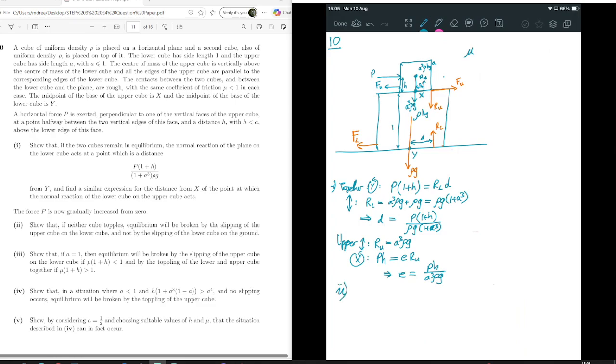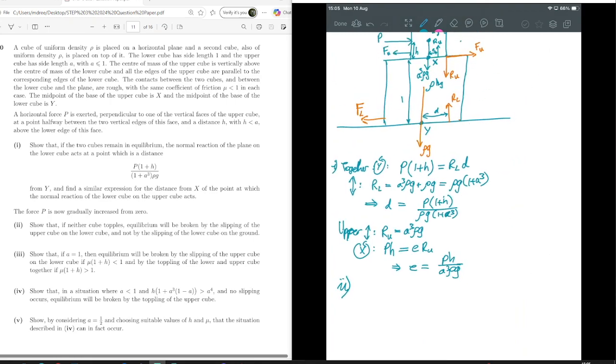But what does part 2 actually want? Show that if neither cube topples, equilibrium will be broken by slipping of the upper cube on the lower, not by slipping of the lower cube on the ground. So we want to show that the condition to not slip is easier to break on the upper than on the lower. So let's do those two calculations. So we slip upper on lower